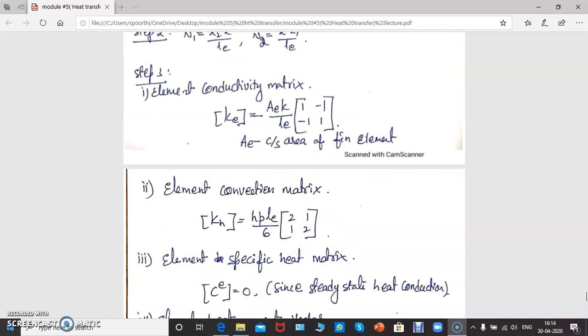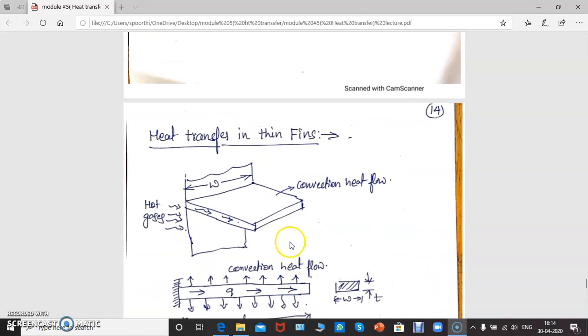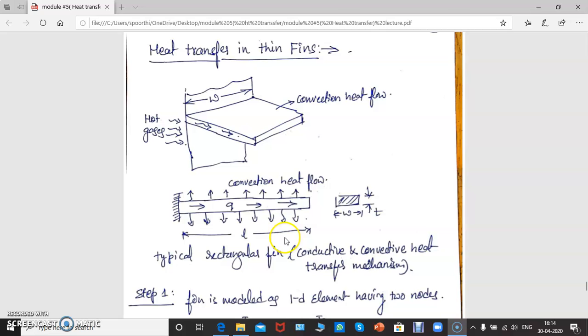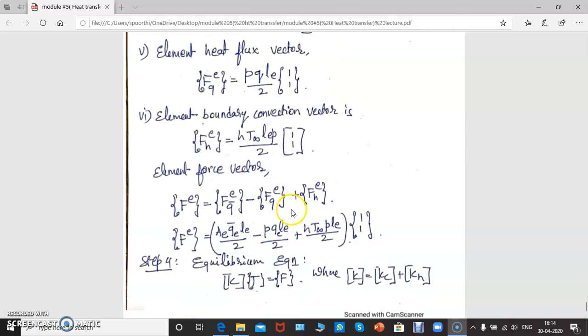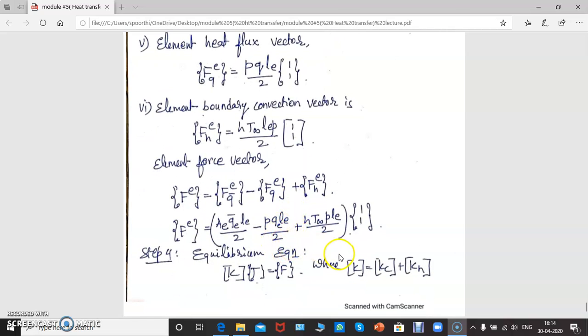However, all different cases are taken in this particular fin. Whenever you get a problem on thin fins, you are supposed to use all these equations which have been told, just the basic theory behind it. So I think this is what I can say about all the equations, FEM models, heat transfer equations that will be used in this particular module. Okay. So next class I will discuss more about the problems.